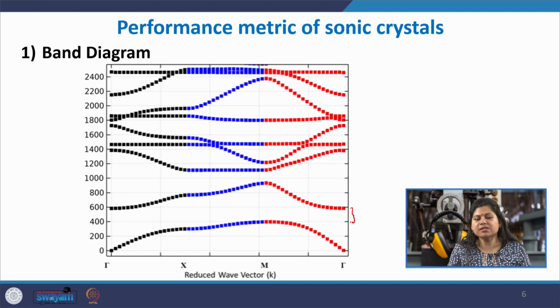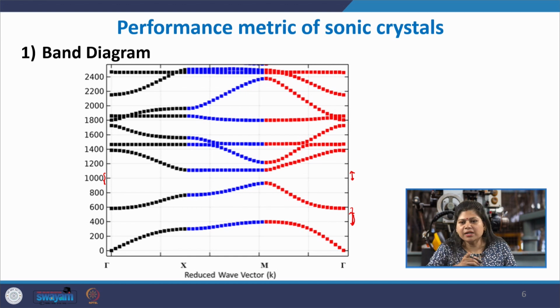What it means is that in these ranges of frequencies, if the sound wave is incident at these frequencies, in every direction it will somehow get attenuated. So, it is not able to ultimately cross the structure. In the same way, you can notice some vacant space here. Again, it means that if the sound waves are incident at these bands of frequencies,